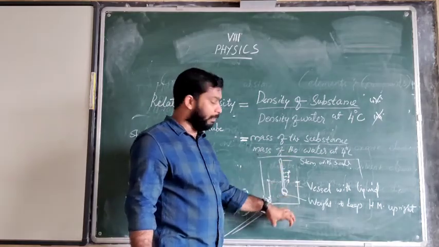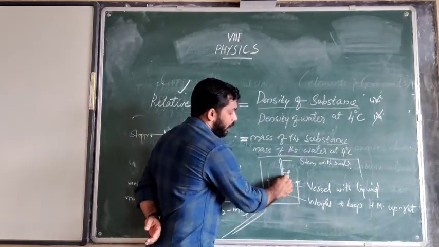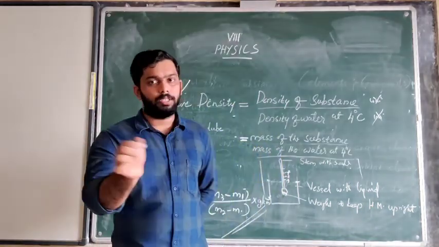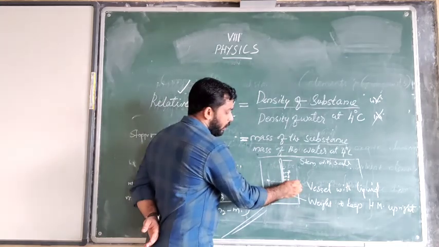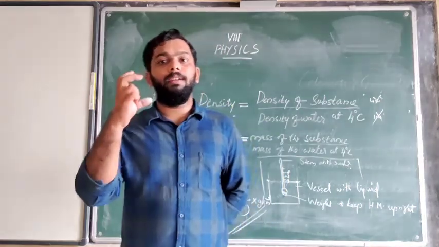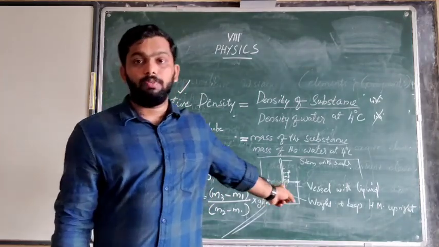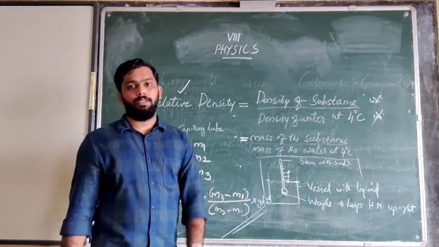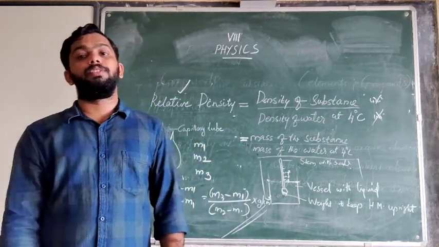Then you keep the barometer inside, and there will be some readings marked on the stem: 0.9, 0.8, 0.7 like that. We already know the purity of the milk. If it is 0.9, this barometer will show 0.9, that means the surface of the liquid will be at 0.9. If the surface is less than 0.9 or more than 0.9, the milk is not pure. So the barometer is another piece of equipment to find out relative density. Okay, up to here we are going to discuss in this section.